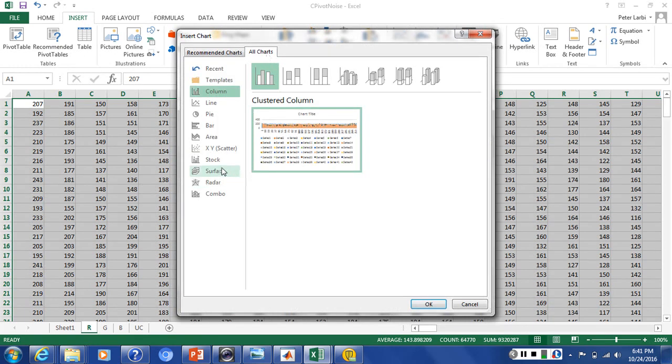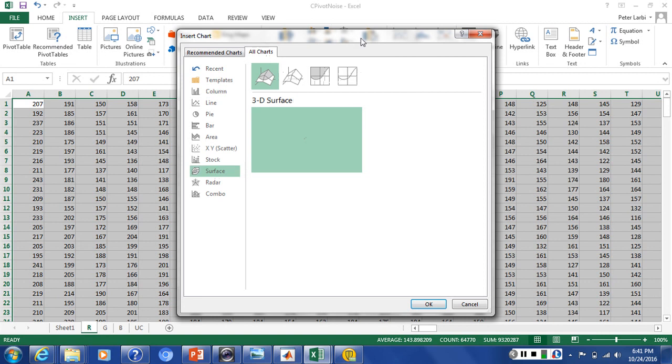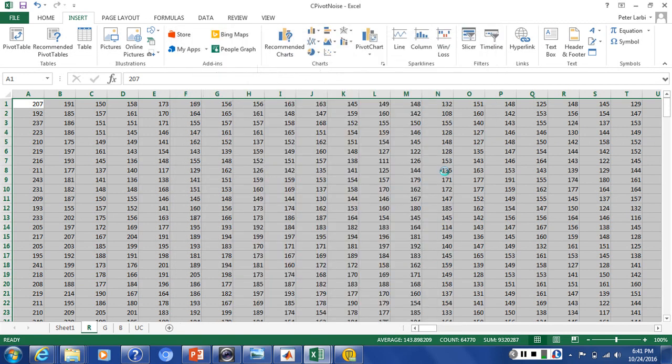We want to look at a 2D chart. Maybe it would be a better idea to go straight to the 3D, since we will have to make some adjustments. So let's select that one,